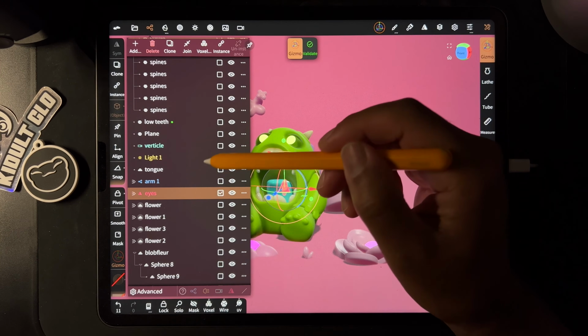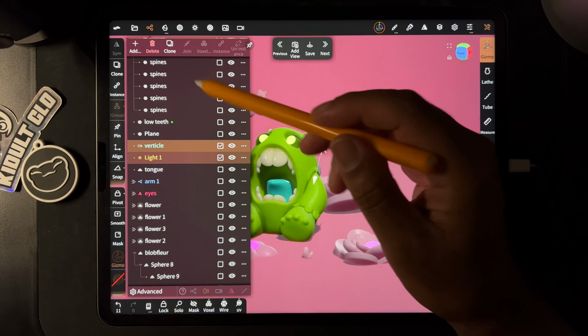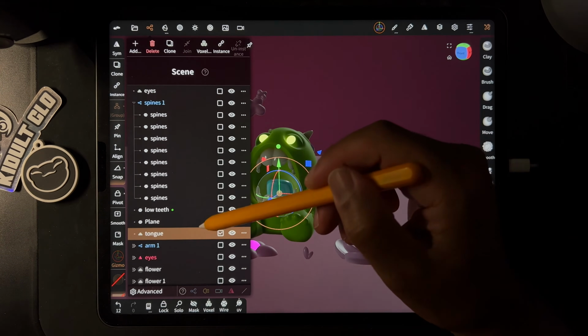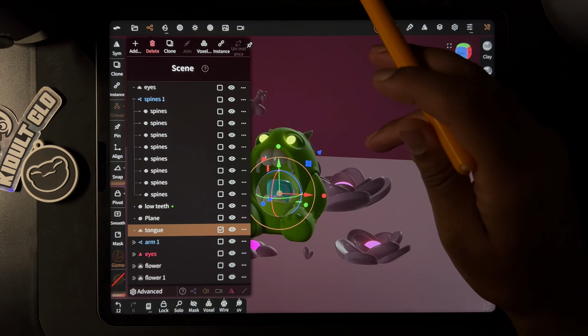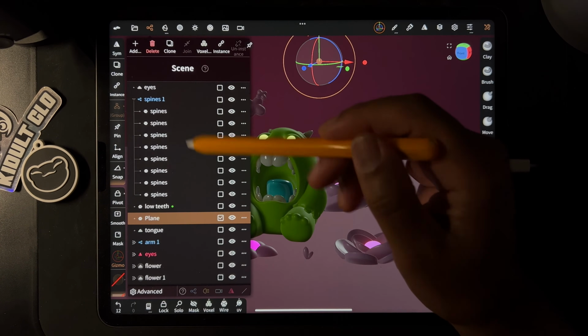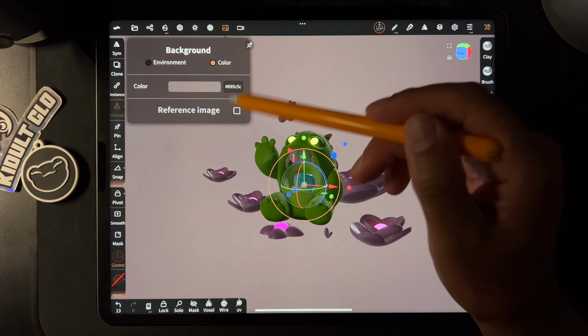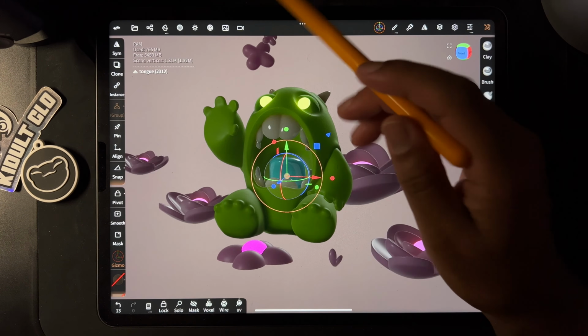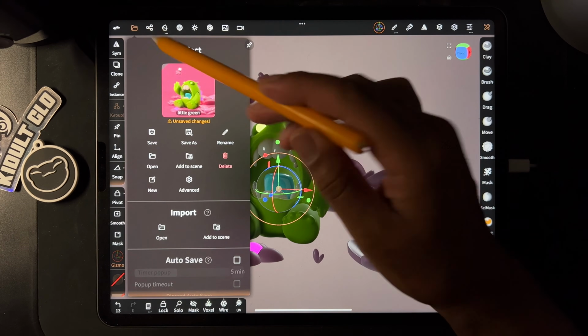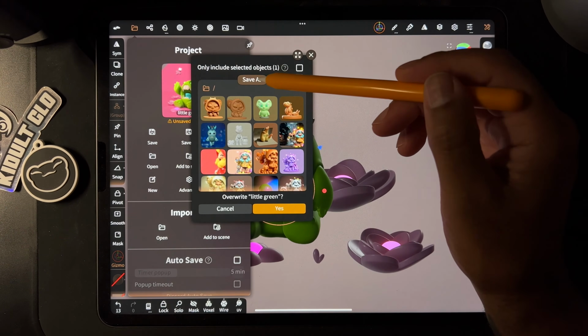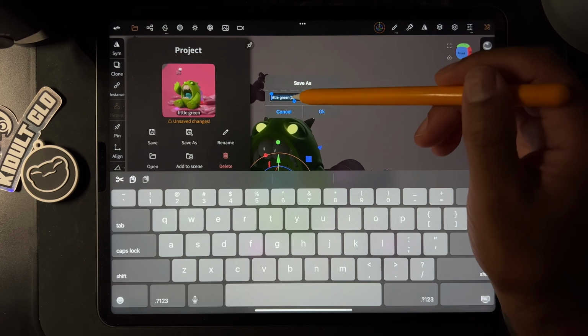So I'm going to get rid of the lights. All of these things that I don't need, even the background, I don't need. I'm going to get rid of this image because I don't need it. And I'm going to save this as, because I like the original one, so I'm going to save it as little green